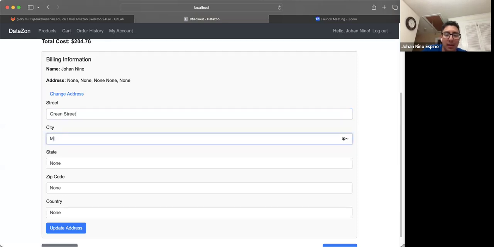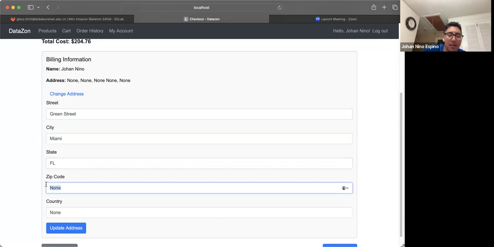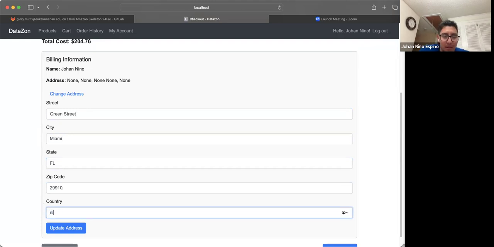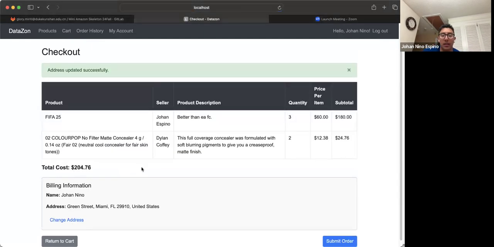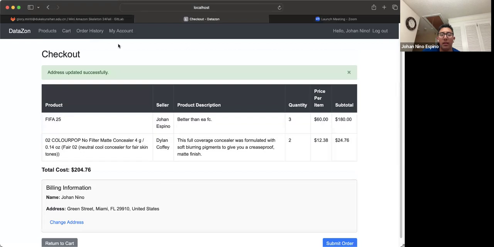Yeah, random city. Why not? United States. So you have the option to change your address to where you check out, finish checkout. And before we do that,